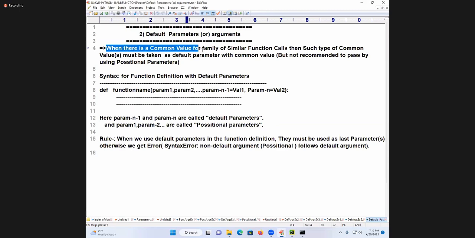When there is a common value for a family of similar function calls, such common values must be taken as default parameters with a common value, but it is not recommended to pass them by using positional parameters. Syntax for function definition with default arguments: def function_name(param1, param2, param n-1 = value1, param n = value2):